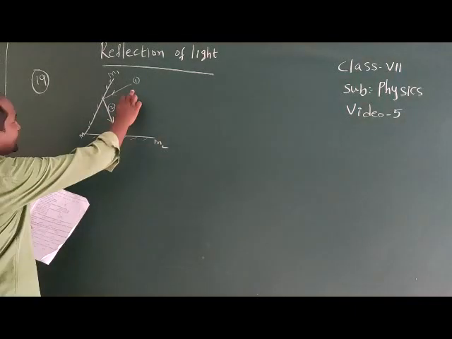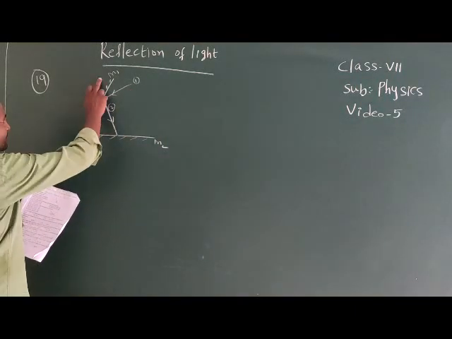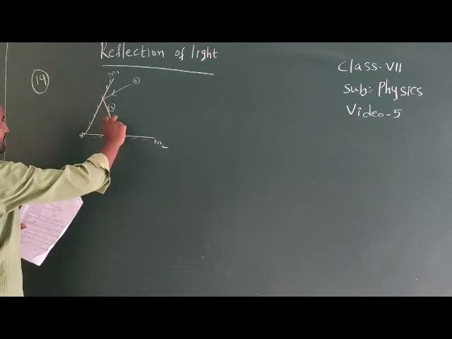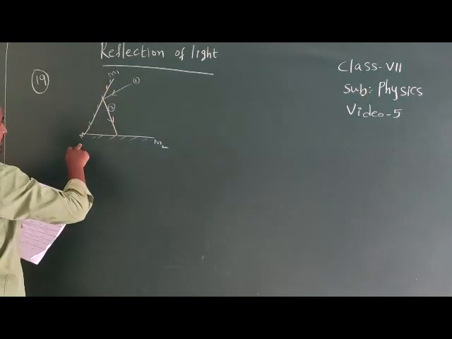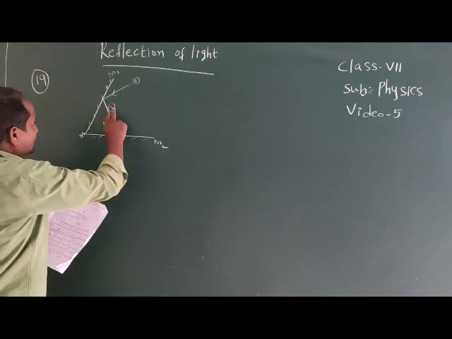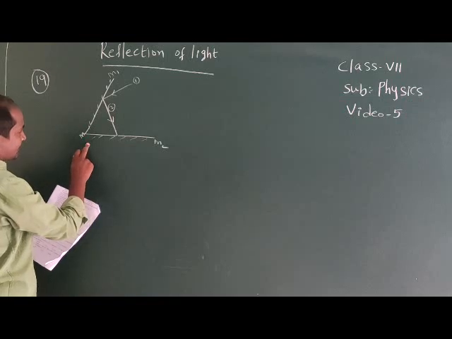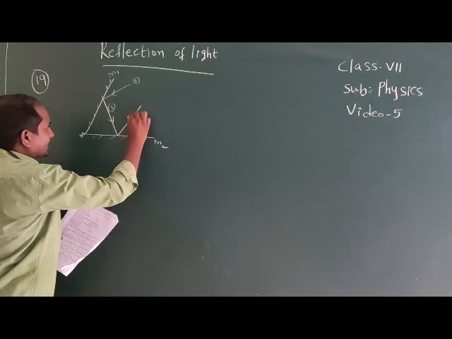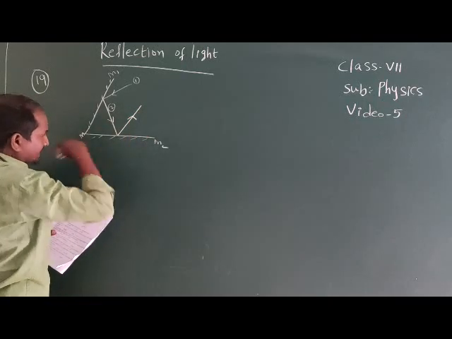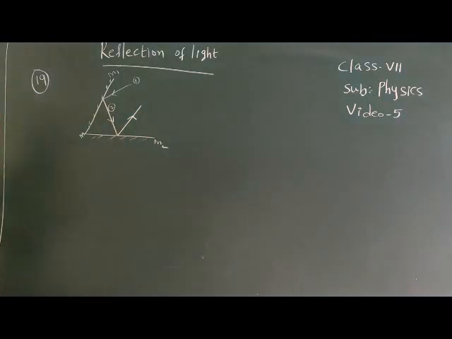Here, 1 is the incident ray for M1. At the same time, 2 is the reflected ray for M1. At the same time, the second ray is the incident ray for M2, and now it is the reflected ray for M2. These are the two reflections. So a ray of light after successive two reflections from the two plane mirrors has a deviation of 200 degrees.